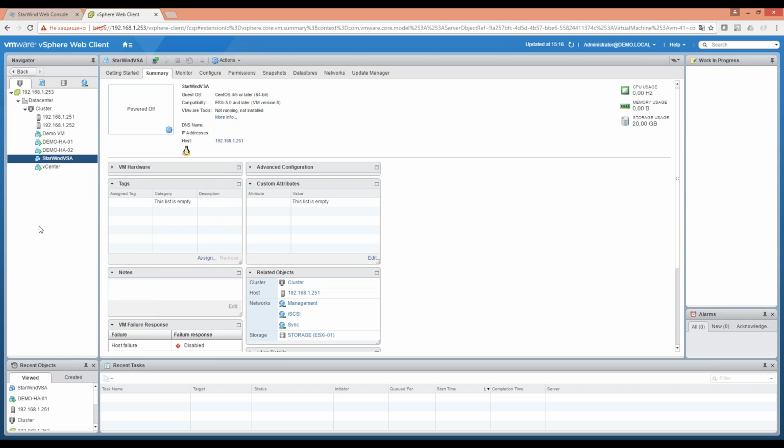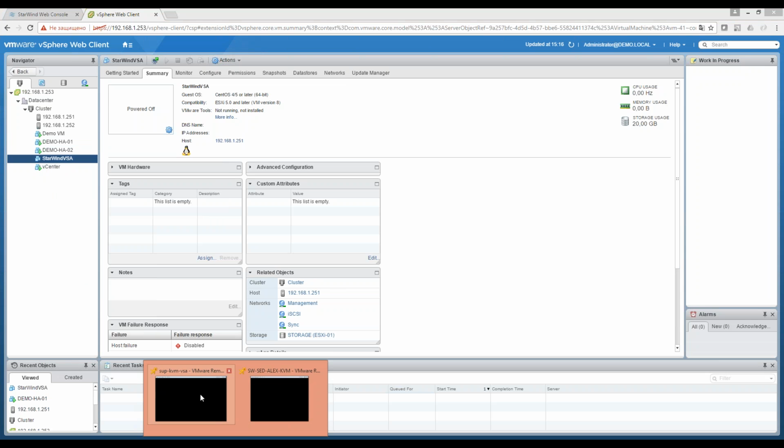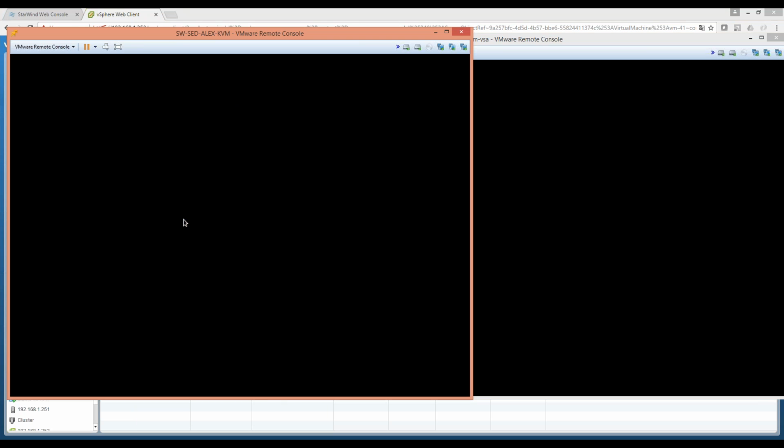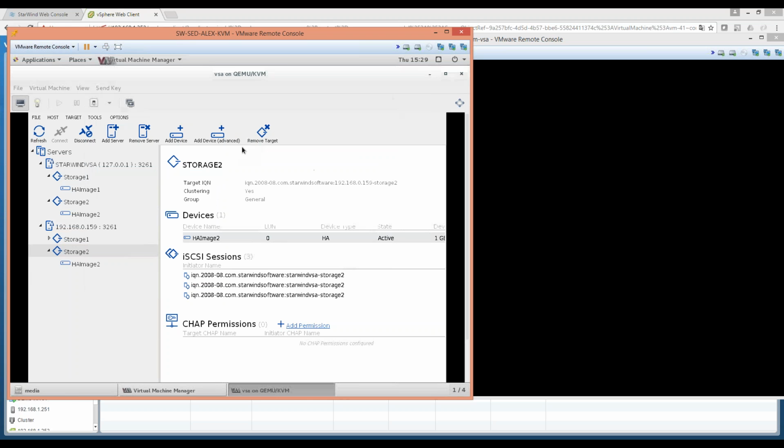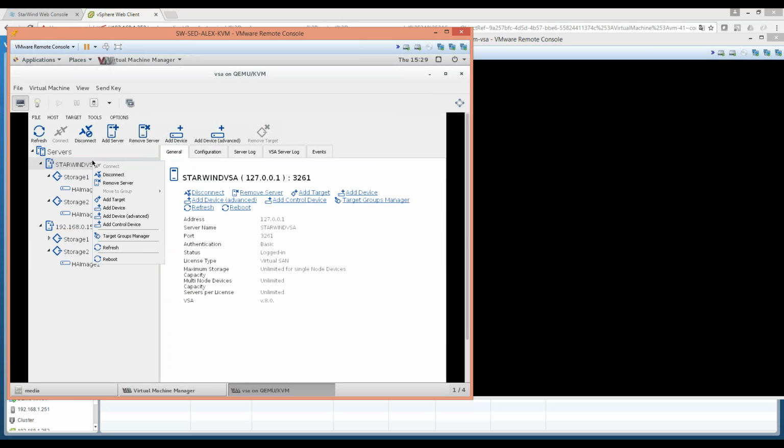Just while we are waiting for this virtual machine to finish the deployment, we can jump back to the KVM, and I will show you how to create another device like LSFS, that is thin provision. And again, another thing I wanted to tell you is that a virtual storage appliance doesn't have any restrictions, except the VTL is not allowed over here, and except that you can have all the features we have, and